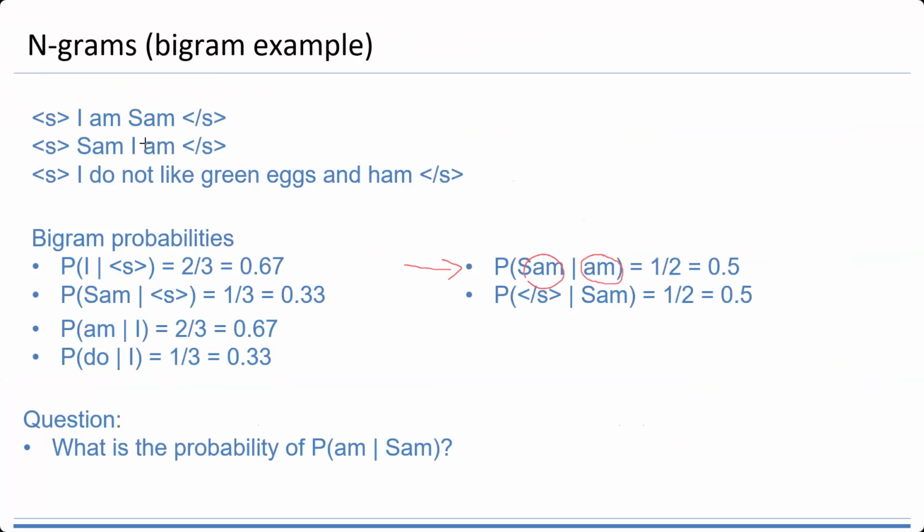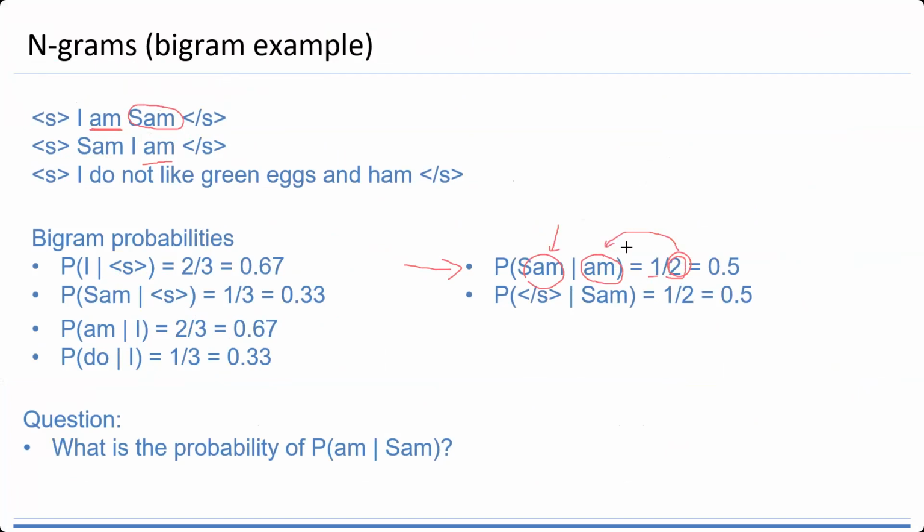We know there are 2 M, and then how many Sam after the M? We can see there is only 1 Sam after M. So we have 1 out of 2